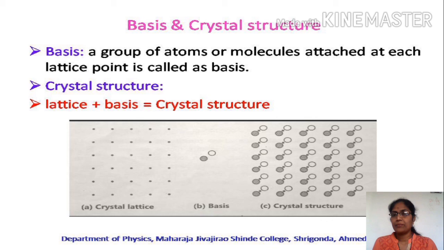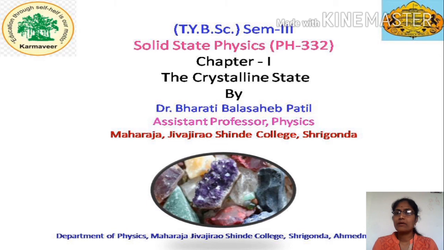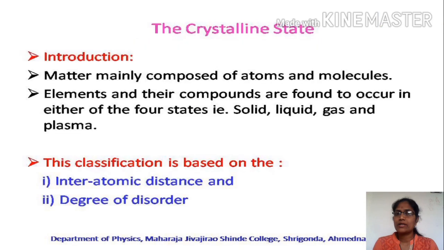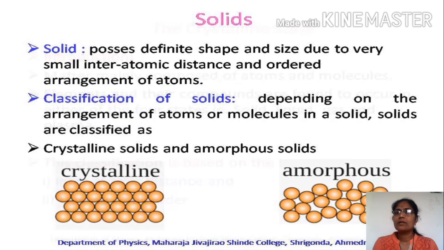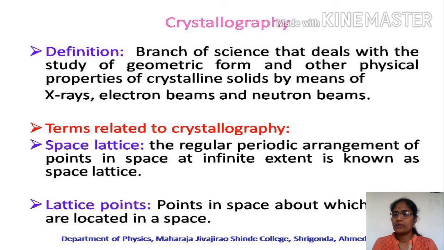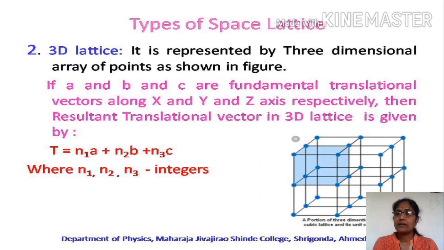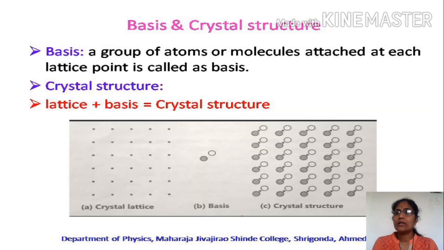So friends, today we have started our syllabus with the introductory part related to the crystalline state from chapter 1, and in that we have covered points such as what is matter, what are the states of matter, how they are classified on the basis of interatomic distance and degree of disorder, what is the importance of these two terms, then what is a solid, what are the types of solids, what is the difference between crystalline and amorphous solids, what are the examples of crystalline and amorphous solids, then what is crystallography, what are the terms related to crystallography such as space lattice, lattice points, two-dimensional and three-dimensional space lattices, their translational vectors,